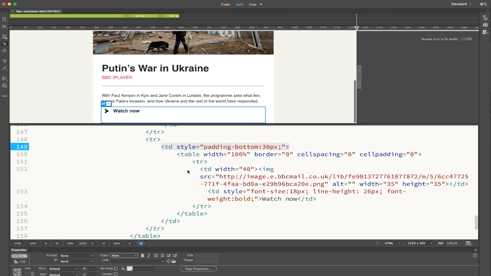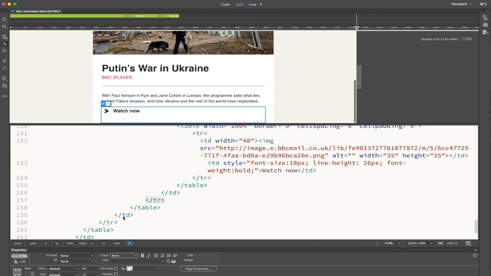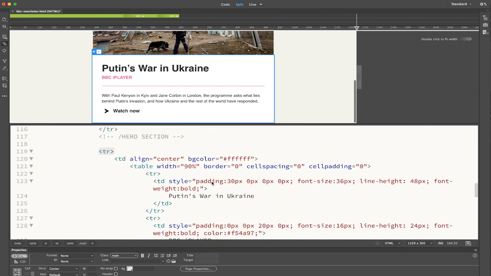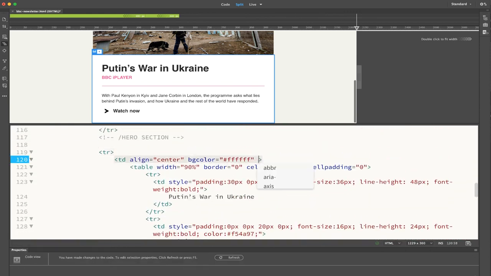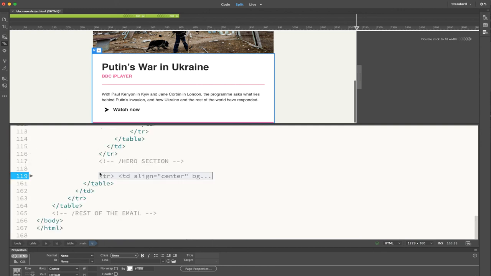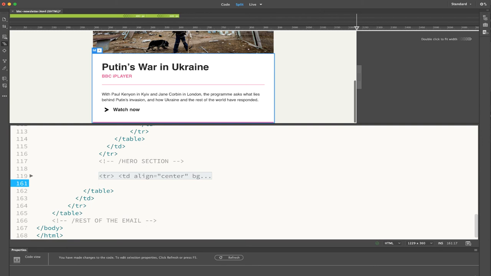So let's see here. Put it in this one. Okay, style, and then I paste that in there. Is that right? Refresh. Yeah, got it. So if I collapse this and give a little spacer, TR,